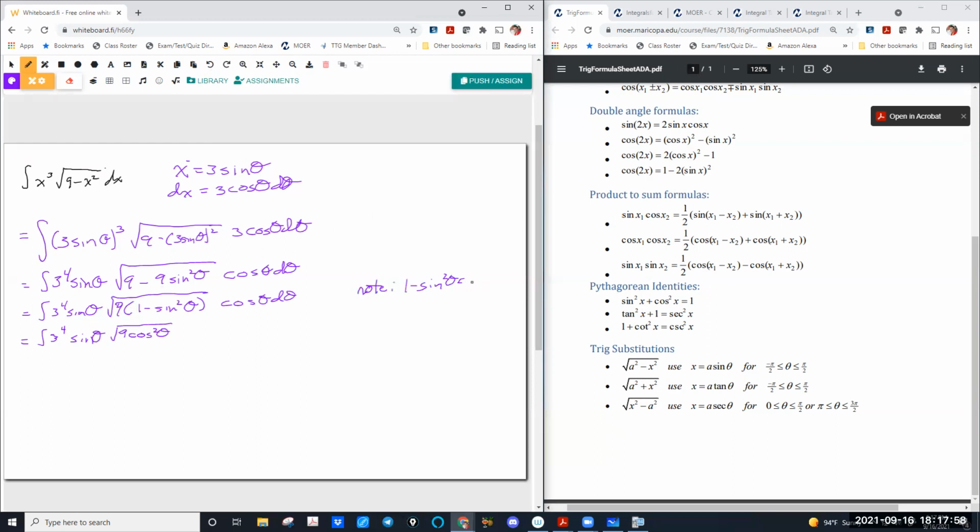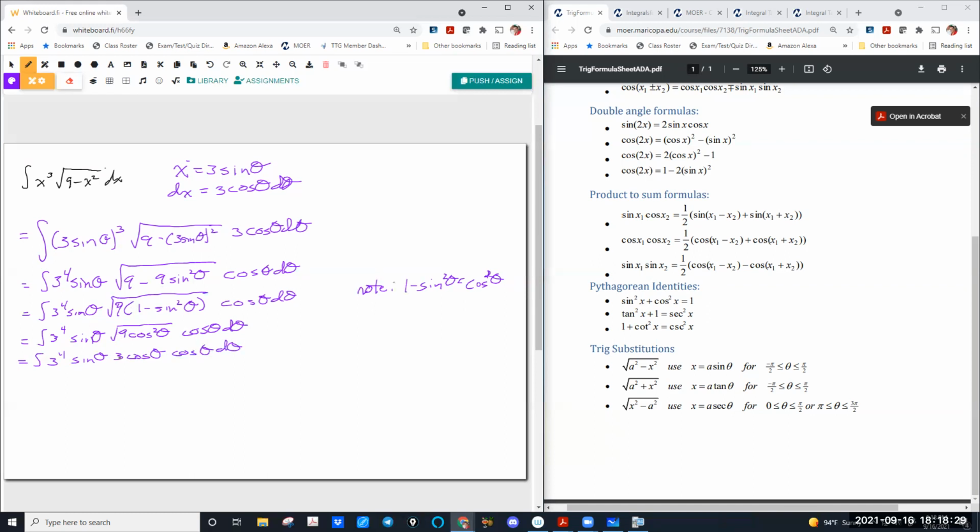Sorry, guys, my hand's cramping up a little. Cosine squared theta. That's our sub there. Cosine theta. Notice what that's going to do. It's going to get rid of the square root. This is a perfect square. So we end up with 3 to the 4th sine of theta, 3 cosine theta